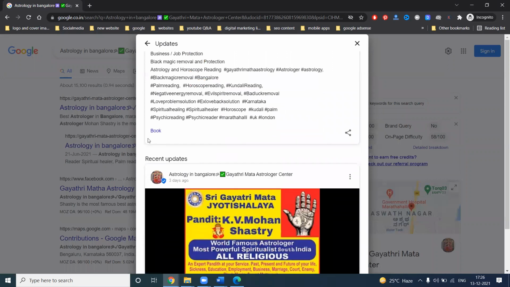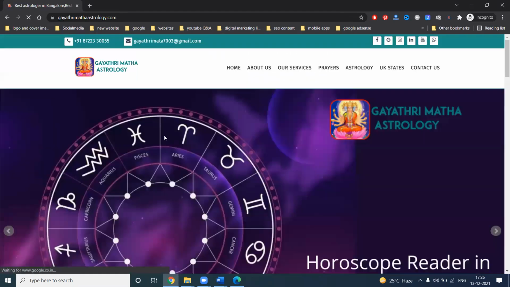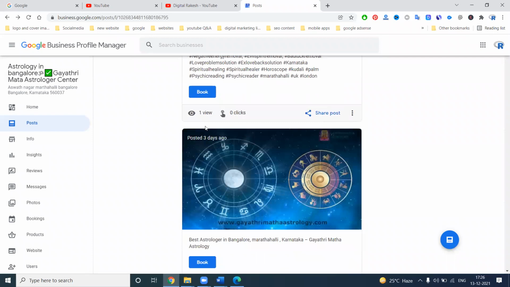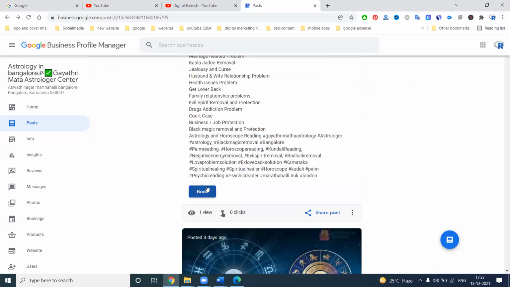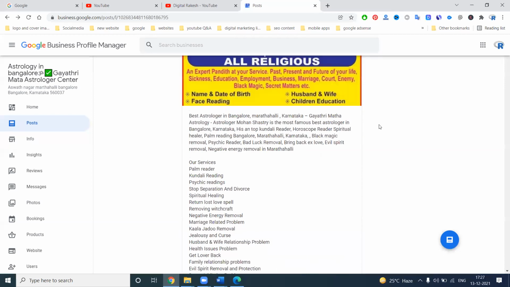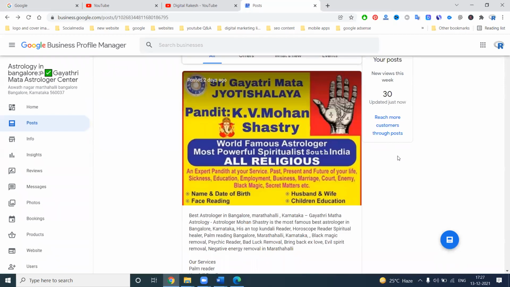That easily goes to the customers, click for post option, they go to your website. Google My Business is mainly focused on traffic. You can share this post on Facebook and Twitter also. So all this is compulsory and important for users creating posts.